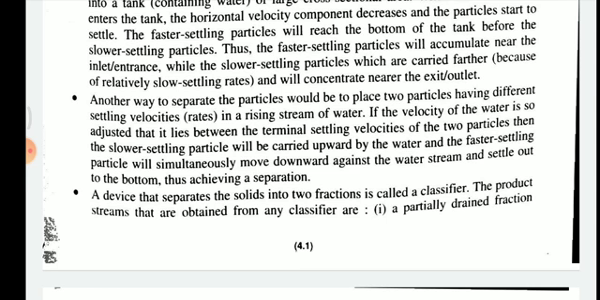velocity rates in a rising stream of water. Another way, next we can say, of separating settling particles is that if there are two particles having different settling velocities in the rising stream, obviously the particles with different settling velocities